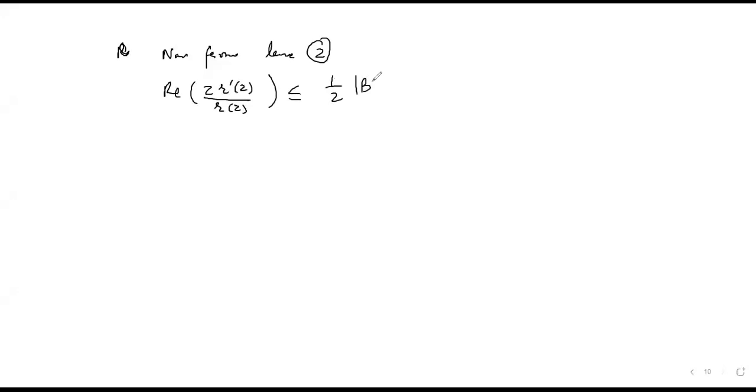So real, now we know that real part. Now from lemma 2, if all the zeros are outside, then I know that the real part of z into r dash z by r of z is less than equal to 1/2 into modulus of b dash z. So that is, I can write it